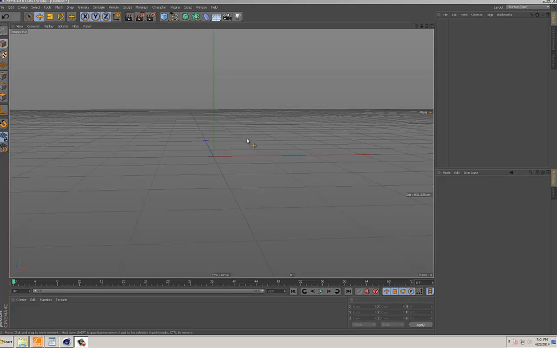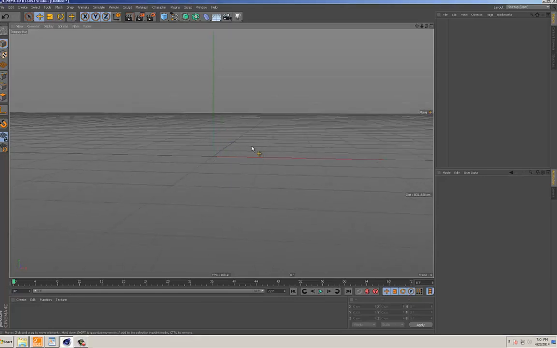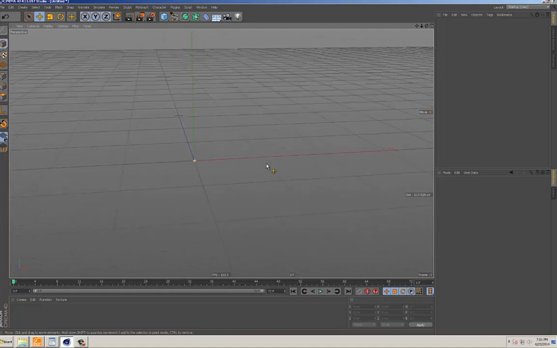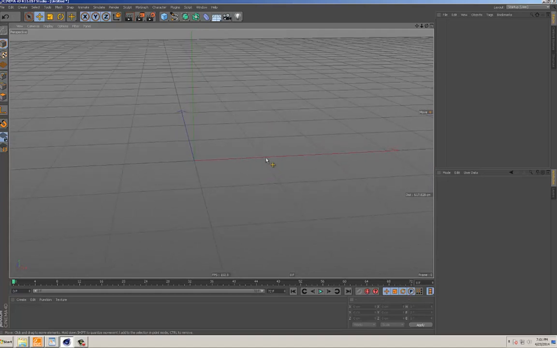Okay, now we're in Cinema 4D. We're in the 3D space, and I'm going to assume this is probably the first time you've been inside of a 3D space. The best way to think about it is like a vehicle, like a spaceship or a car, some kind of vehicle that you're going to use to navigate 3D space. So the first thing we need to learn is how to navigate, how to